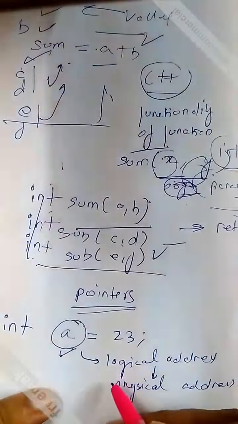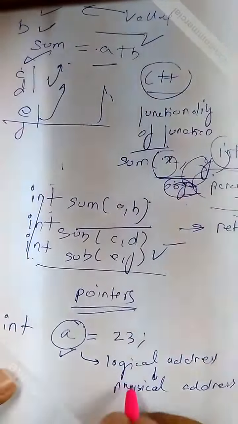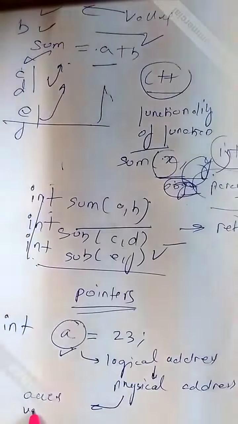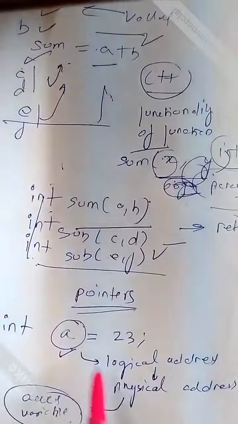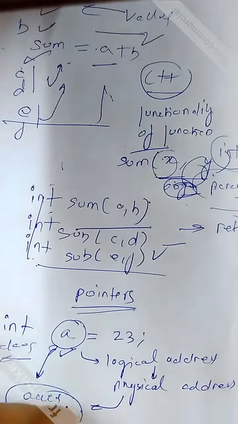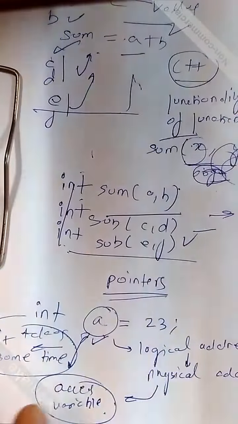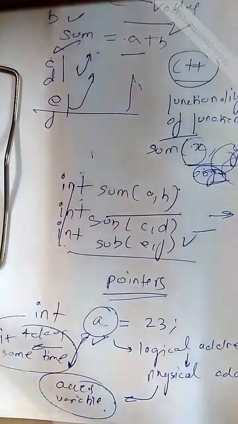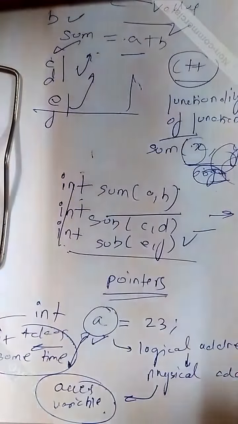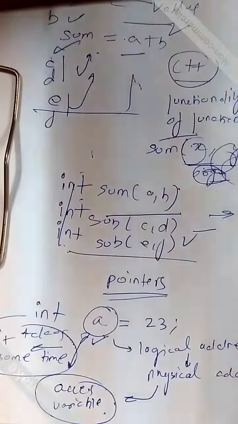I'm not sure, maybe first is physical address, then logical address, something like that, and then we will access the variable. What I'm trying to say is there is a conversion and it takes some time, right? Now the problem is, as it takes some time, there is a delay in access of this variable. Now what if I have a variable which points to the address directly, so we can access the variable in less amount of time? That's why we use pointers.